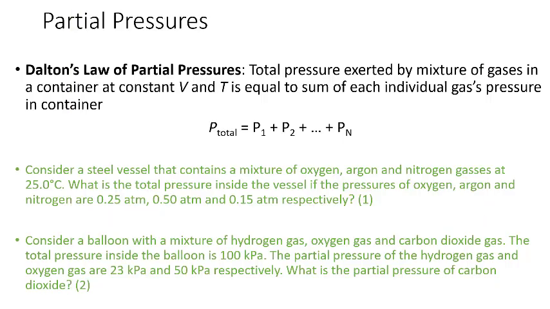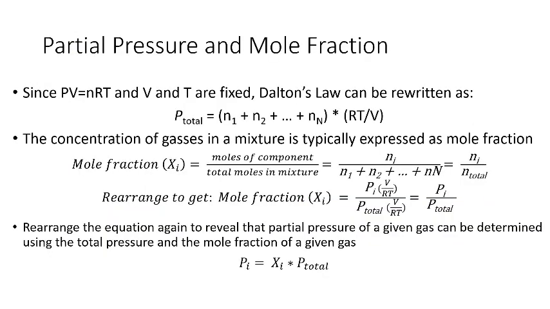Okay, so that's Dalton's law of partial pressures, which is a pretty straightforward equation. So let's think a little bit more deeply into this law. Since we know that the ideal gas law states that PV equals nRT, and volume and temperature are fixed in this individual vessel